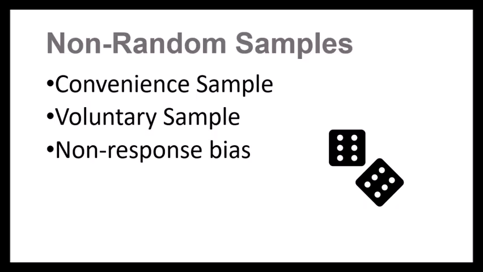The second category here, a voluntary sample, is when the participants actually sort of choose themselves for the sample. An example of this is asking for feedback using a poll on social media. You're only going to get responses for people who choose to answer the poll. And voluntary samples in particular tend to see stronger opinions. So you might get more polarized results from a voluntary sample.